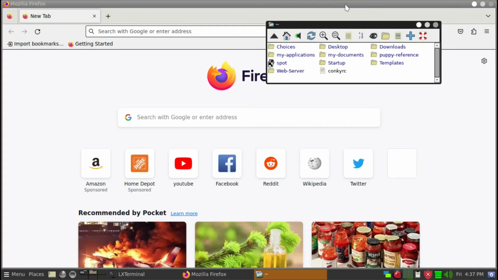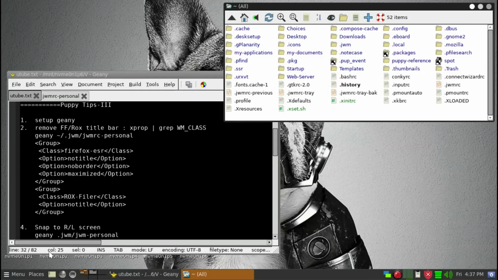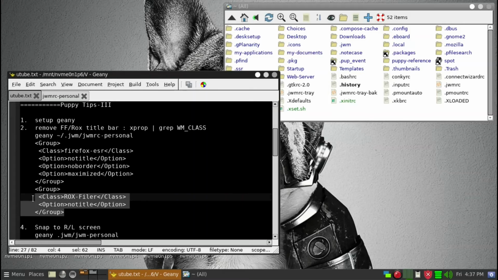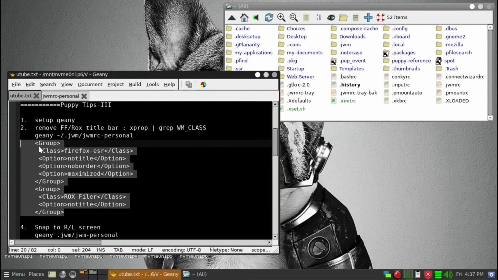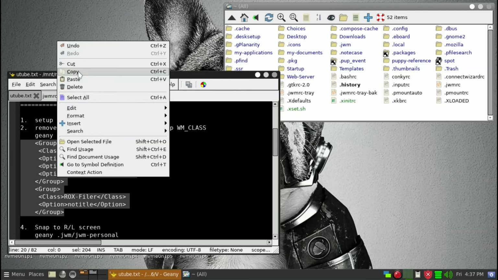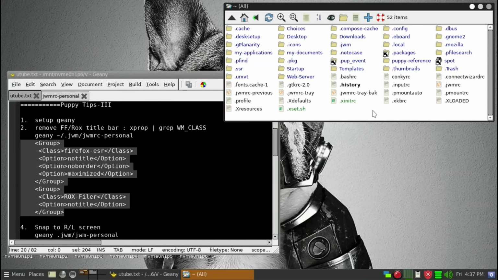And similarly, you really don't need this bar under ROX, even ROX-Filer. So we'll just go back. To accomplish the removal of these two, what you can do is just simply copy these group lines, and then we're going to put it in .jwm